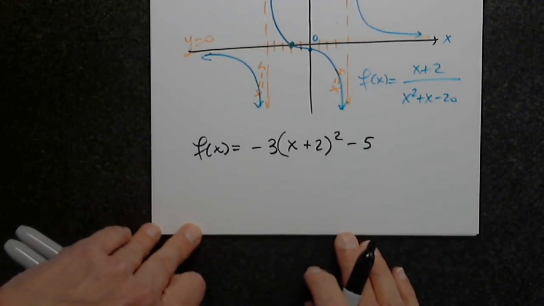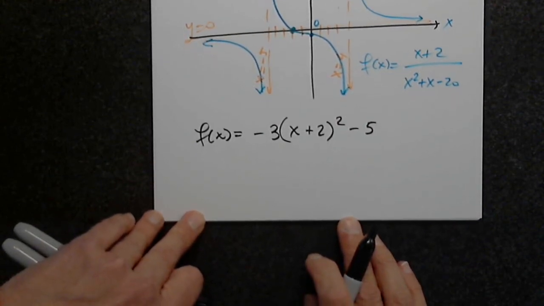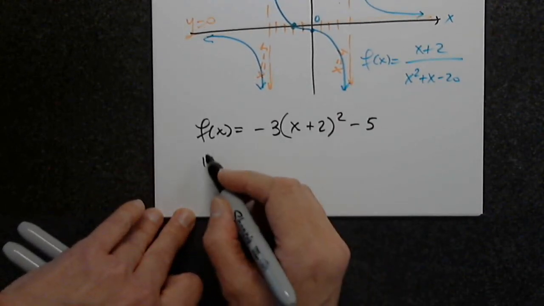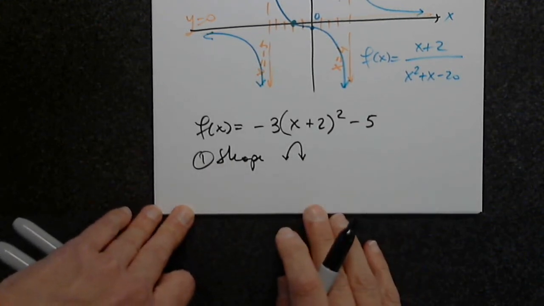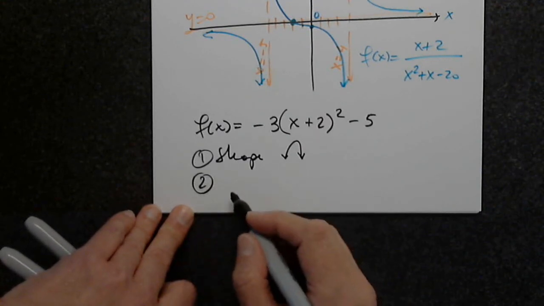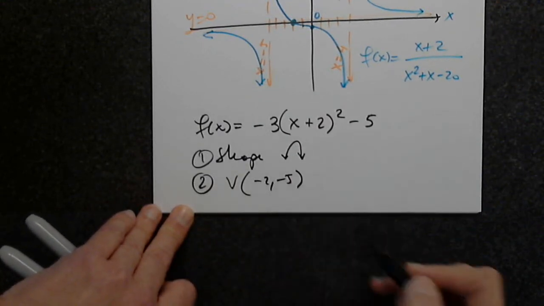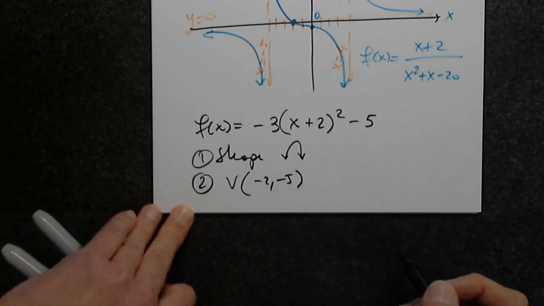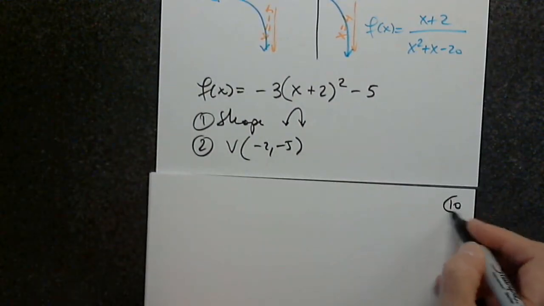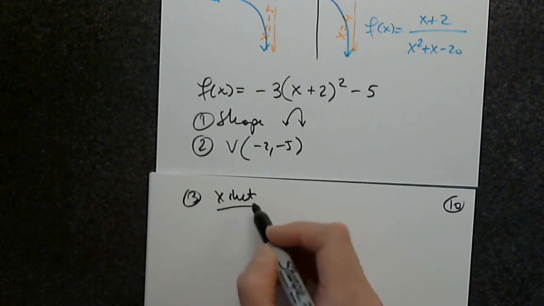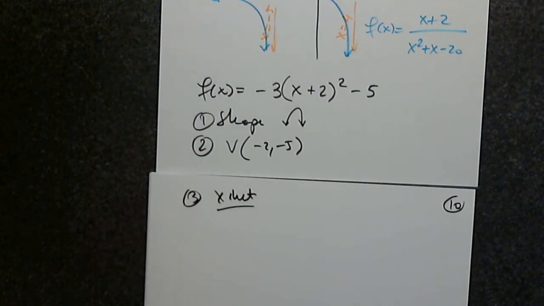What are we trying to do? Graph that again, through all the steps? Very good. So number 1 is the shape. Since the leading coefficient is negative, it has to have a maximum. And number 2, the vertex is (-2, -5). There's no difficulty here. There is no need to calculate anything. Now, let's think about the x-intercepts. Very good example. So it has a maximum. What is the maximum value? Correct. So then the range is